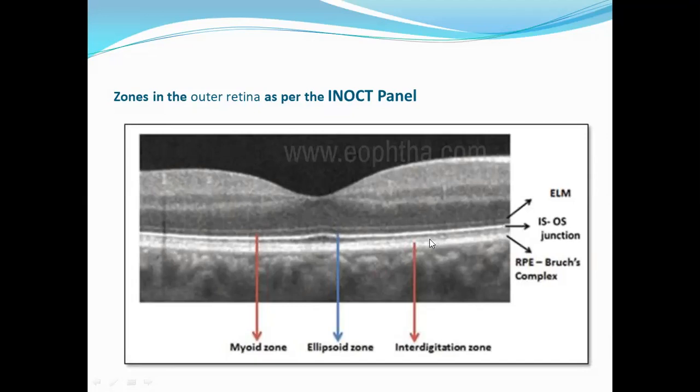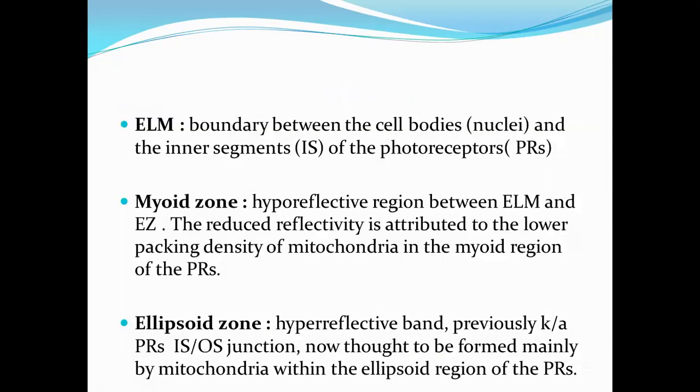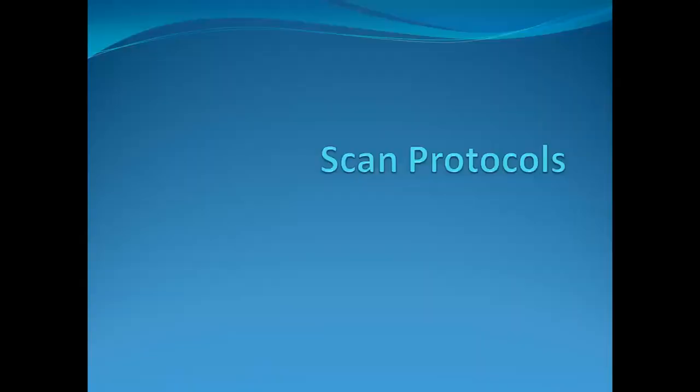And then finally, you have two hyperreflective bands. One is the RPE and the outer one is the Bruch's membrane, and there is a slight margin of hyperreflectivity between both of these. So these are the outer layers. Whenever you're talking of an OCT, the inner retina extends from the internal limiting membrane to the external limiting membrane. From the external limiting membrane to the RPE-Bruch's membrane complex is your outer retina. So this I have explained.